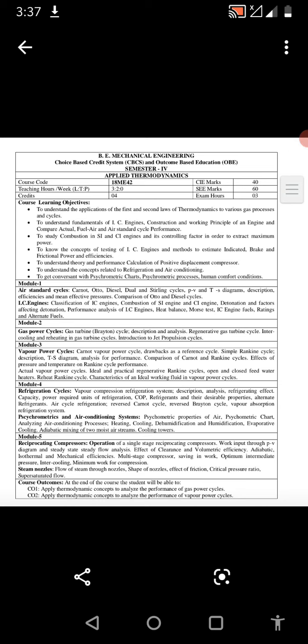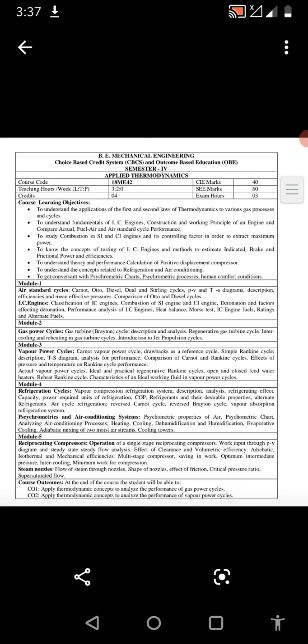Okay, like what is the volumetric efficiency, then what are isothermal efficiency, adiabatic efficiency, mechanical efficiencies, and what is multi-stage compressors. All these kind of things we will see, so that we reduce the input to the compressor and get more amount of air. And finally, in module 5 we have got steam nozzles.